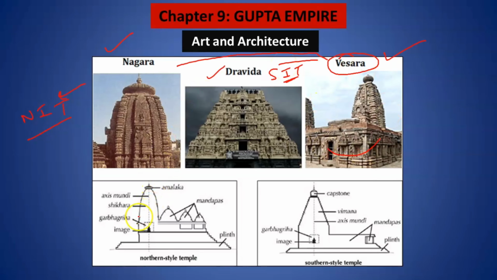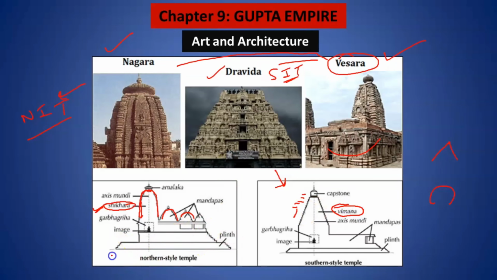One more important thing: if you look at the North Indian temples, they are dome shaped, they have circles. And this biggest one, what you see over here, is known as the Shikhar. If you look at the South Indian Dravidian style architecture, they are not dome shaped. Instead, they are in the shape of a pyramid. Look, this is in the shape of a pyramid. And this biggest structure is not called Shikhar. In North India, it is called Shikhar. In South India, it is called Vimana. This is very, very important.